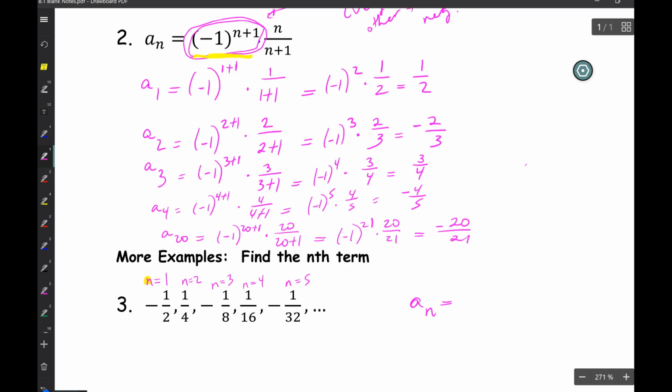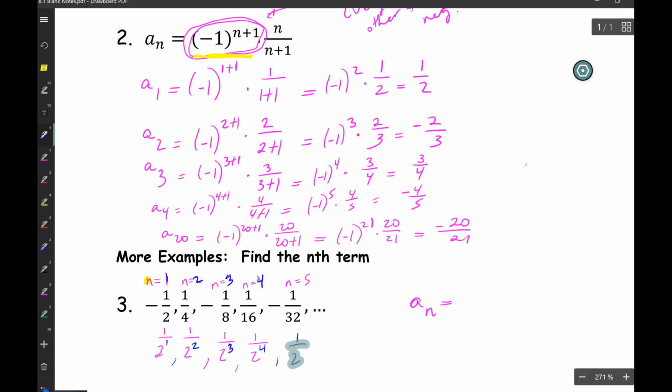Excellent. If I look at it in this way, 1 over 2 to the first power, I can see how that brings in the value of n. And if I look at the second term and analyze it as 1 over 2 to the second power, that brings in the value of n. And then looking at the third term, I have 1 over 2 to the third power. That brings in the value of n, because this represents the value of n being 3. Bringing that home, this one is 1 over 2 to the fourth power. That brings in that value of n as 4. And then last but not least, I know